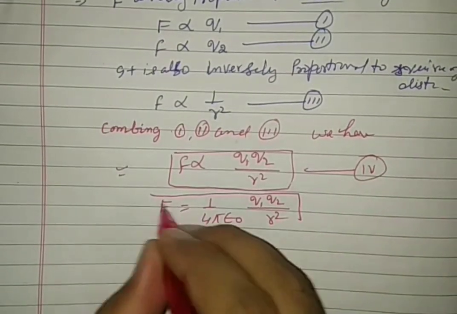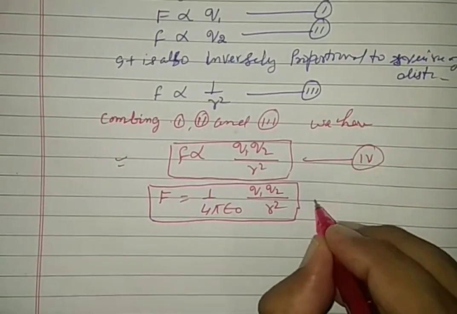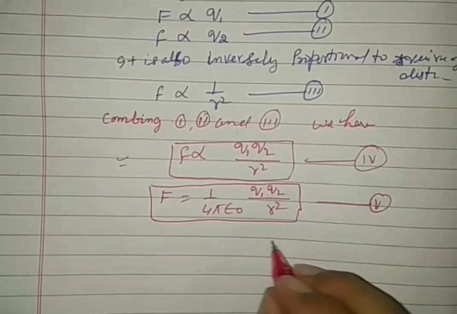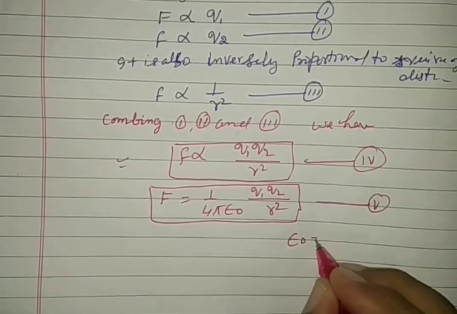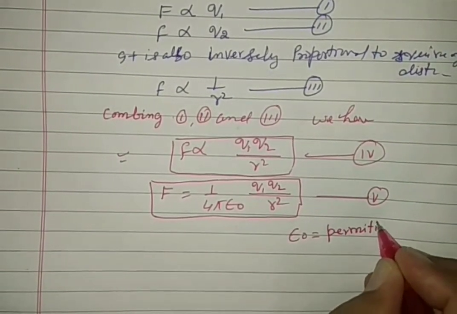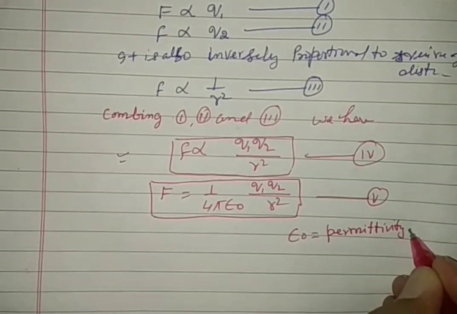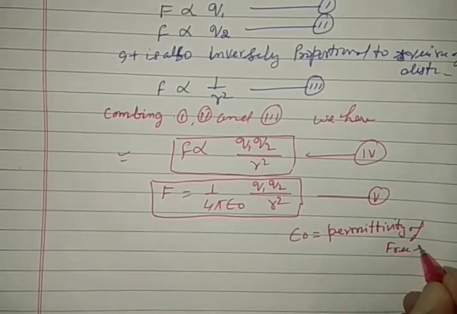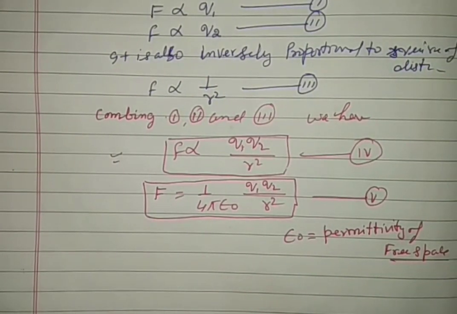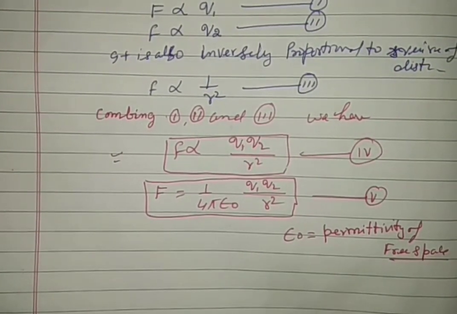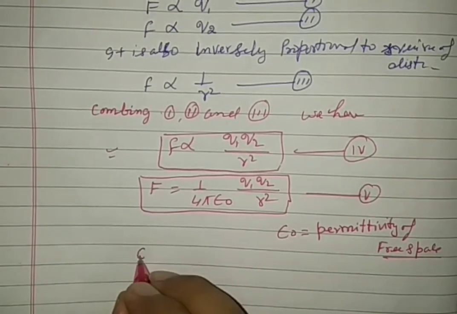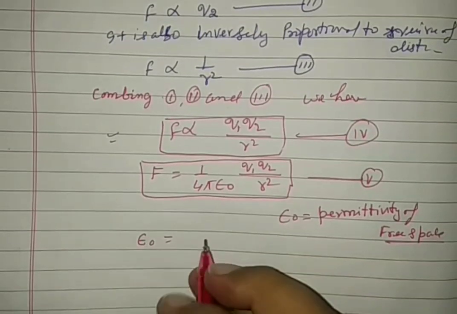This is the Coulombian force formula represented by equation 5, in which epsilon 0 is known as the permittivity of free space. This is a value, permittivity of free space it is called, and its value is epsilon 0, the free space value, is given